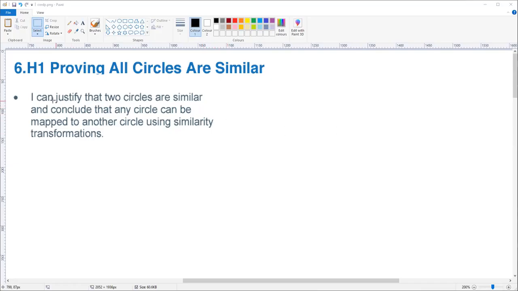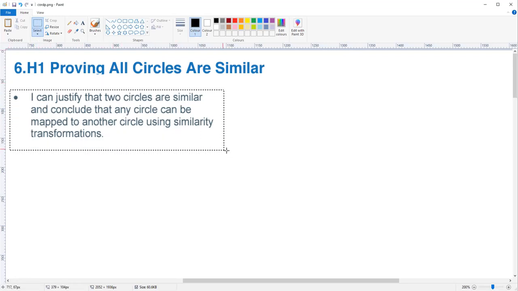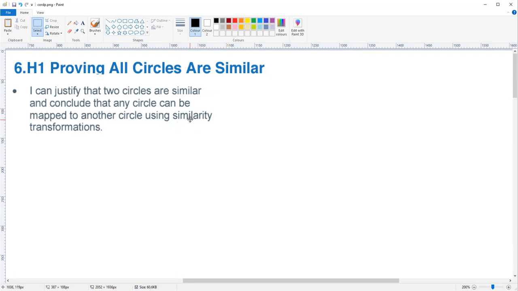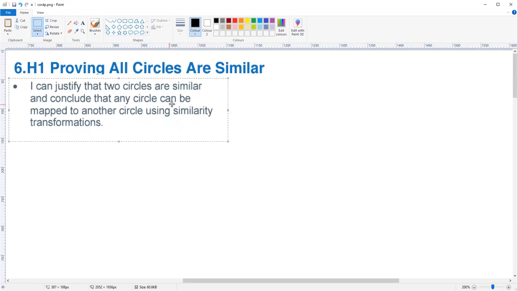All right, so we're getting into section 6H1. This is for honors class, and it's proving that all circles are similar. You should be able to justify that two circles are similar and conclude that any circle can be mapped onto another circle using similarity transformations, right? So this is saying that all circles are similar, not necessarily congruent, but all circles are similar,